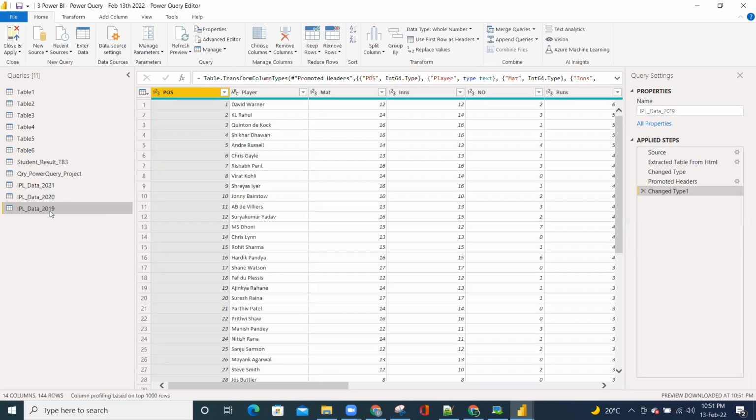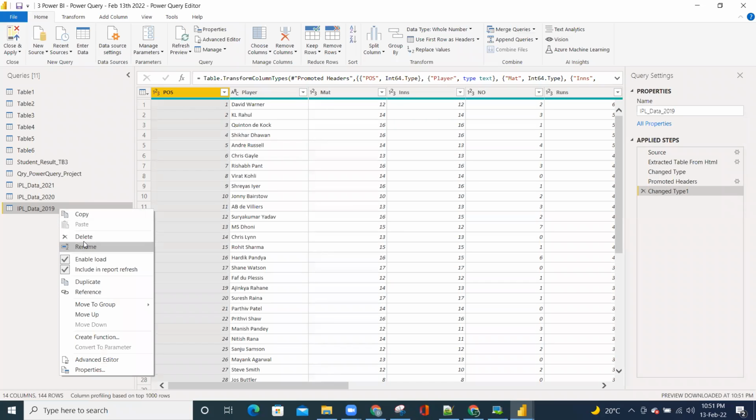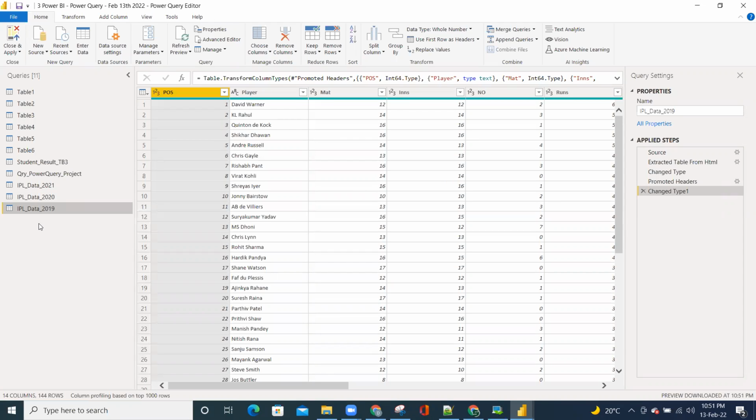Initially while you're doing this, you feel like okay, this is easier than the previous one. But while you're doing this again, duplicating and all, you feel like it is easy, but it is some repetitive steps. So there are chances of making a mistake as well. So instead of doing it that way, what we can do is